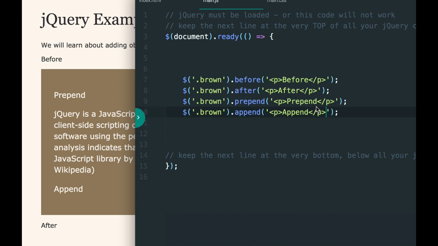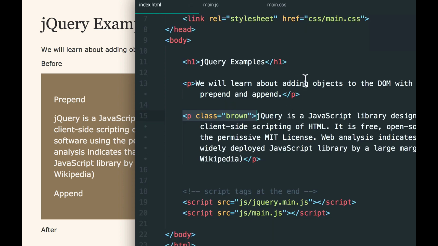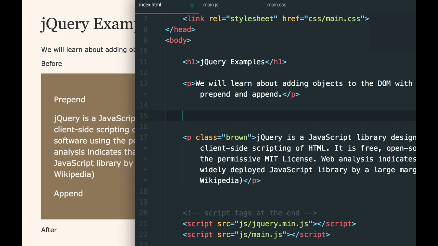So how can we make this a little bit interactive? I think that we could add some buttons that allow us to choose whether we want to add something before, after, or inside at the top or inside at the bottom. So let's go over to our HTML, and right above the paragraph, let's add some divs that we will style as buttons. So the first one would say before,